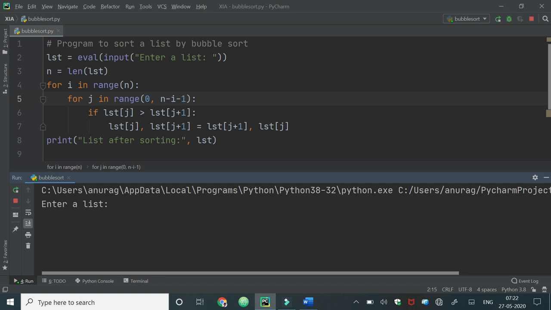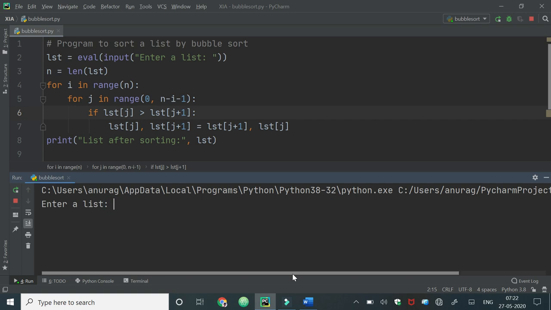If the outer loop gets executed and has a true value, then it enters the inner loop, and the inner loop has a counter variable j here. So j is again going to take the value from the range, that is 0 to n minus i minus 1, and the comparison will take place here. If the comparison evaluates as true, then this reassignment will take place.